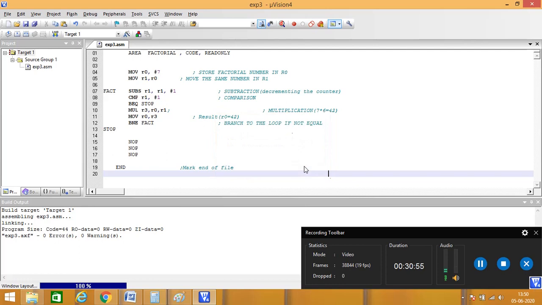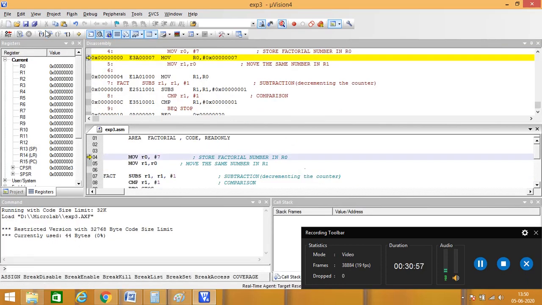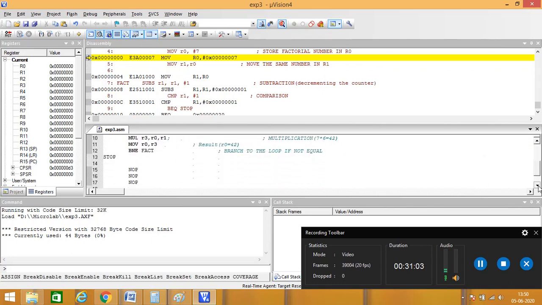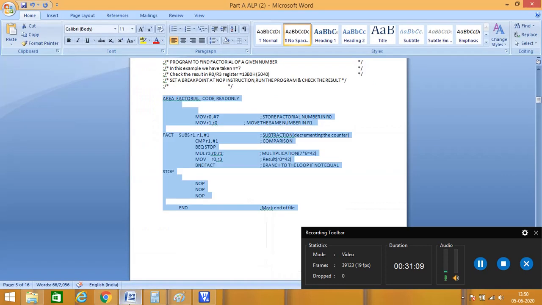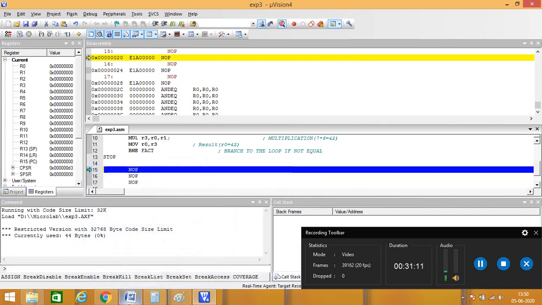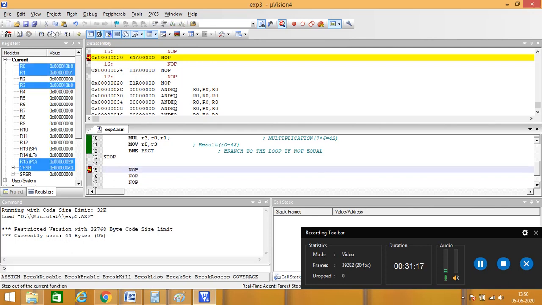And you set a breakpoint. Function F9 inserts a breakpoint. Okay, run it, and you can see that the result is 13B0, as we have calculated.